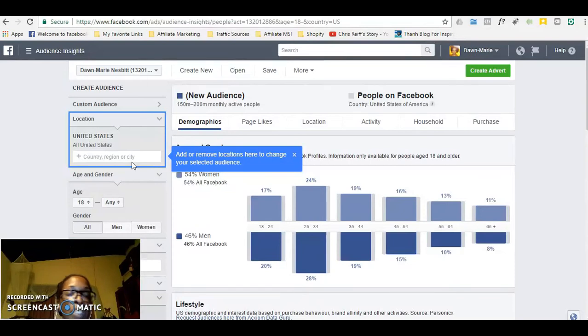So I always start with the United States, and if the audience I am targeting is successful, meaning that if I am getting sales or opt-ins into my offer, then I will scale to other countries, like Canada, Australia, New Zealand, the UK, Europe, India, those type of countries, where there is wealth and where people have residual income that they can spend. So you're looking for the spenders.